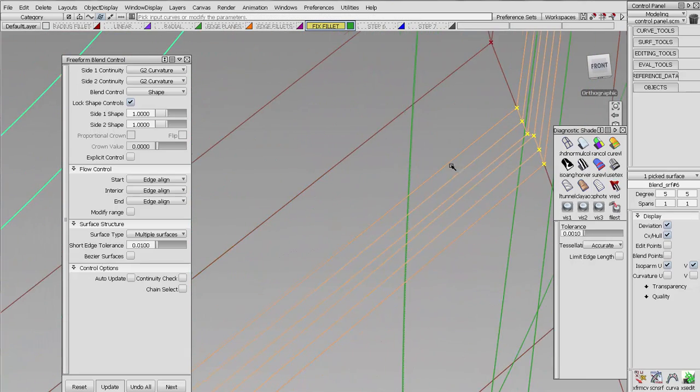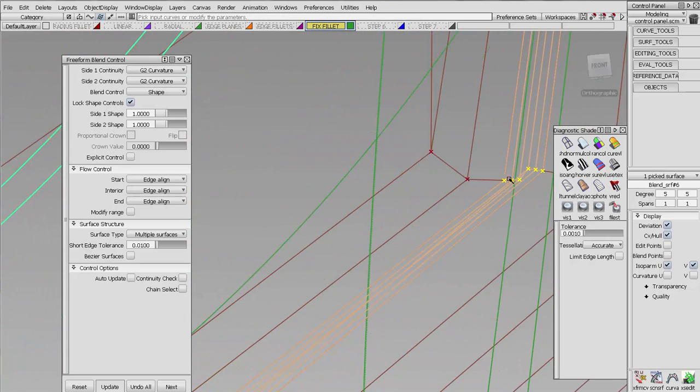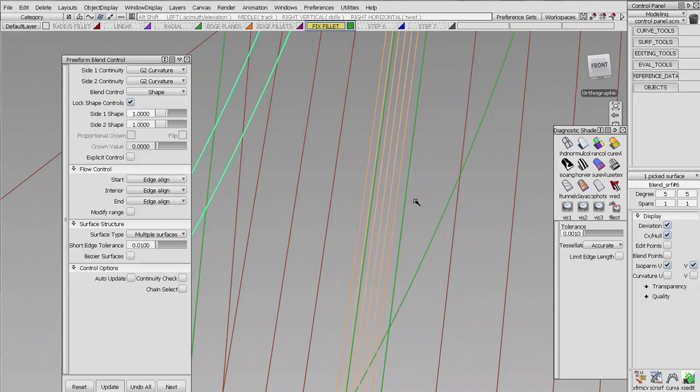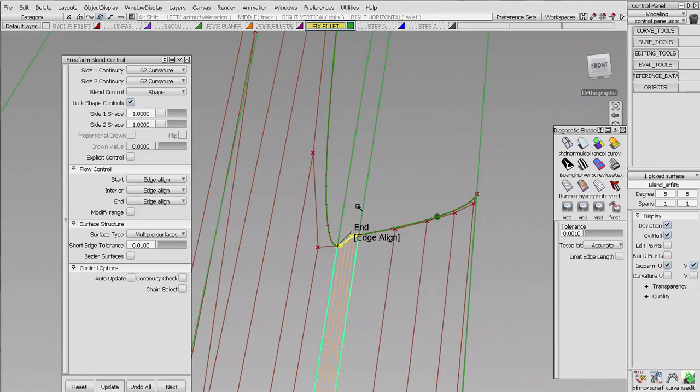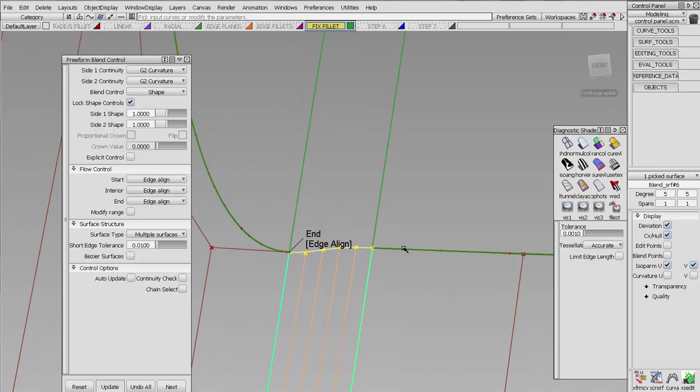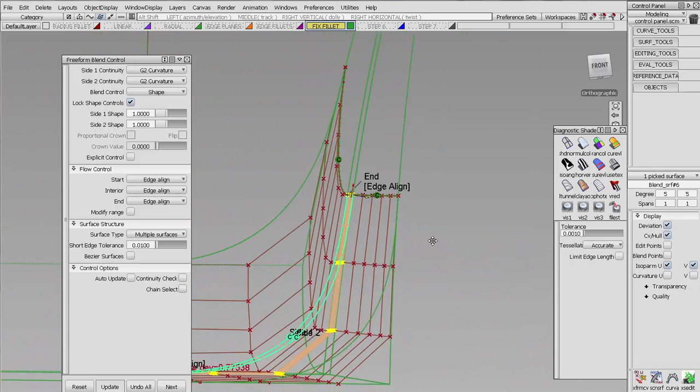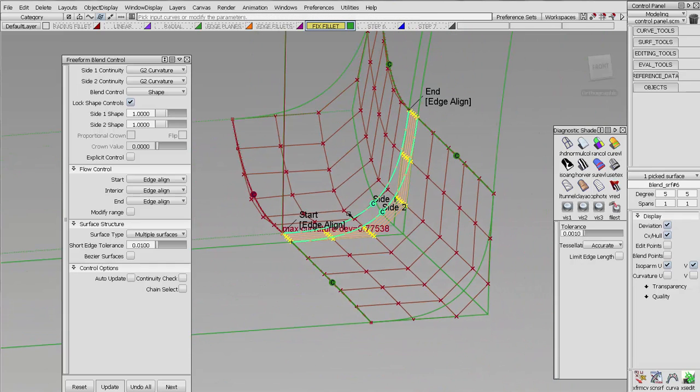Look up this edge. We've got a little issue here. All right. Go up here. Little issue here. Go up to the top. Potentially a little issue here, right? It'd be nice if these were all really smooth. Again, we're talking minute differences here. Okay, very small things that if you want these surfaces to be perfect, you need to pay attention at this